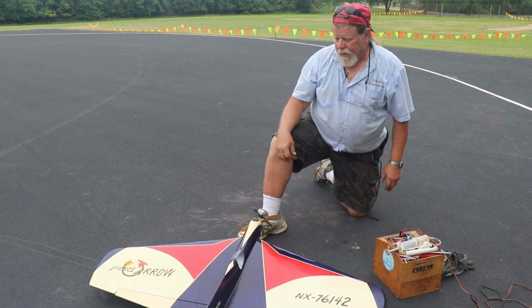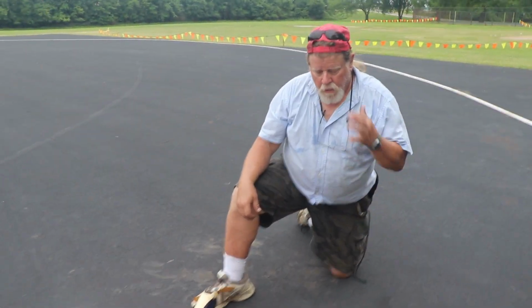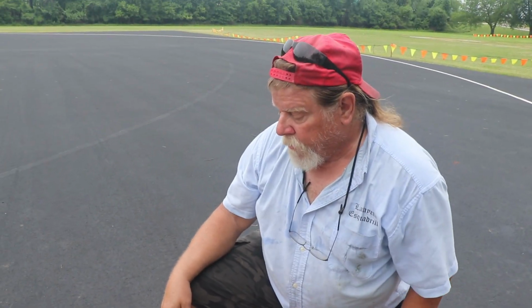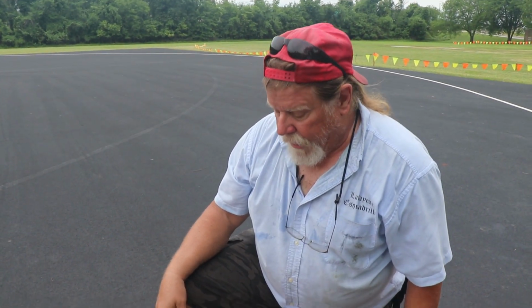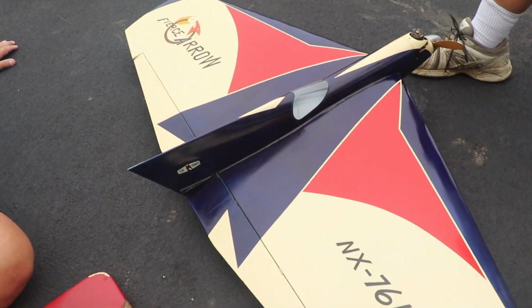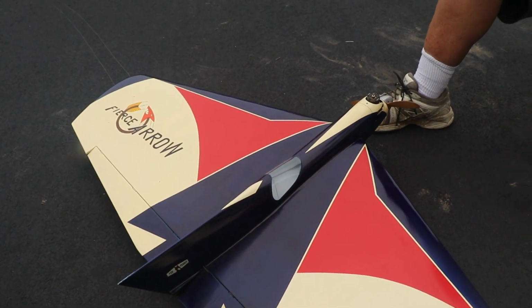Okay, what we got here today is a Fierce Aero vintage aerobatic model, classic legal, designed by Wild Bill Netzeband back in the 60s, and this particular model was built by the late great Mike Gretz, SIG Manufacturing, designer of the Twister and a numerous long list of other designs